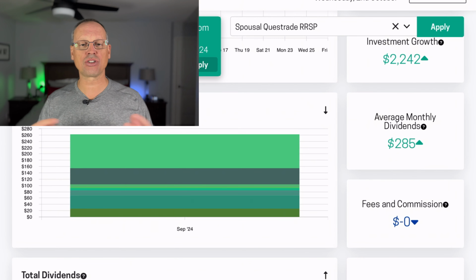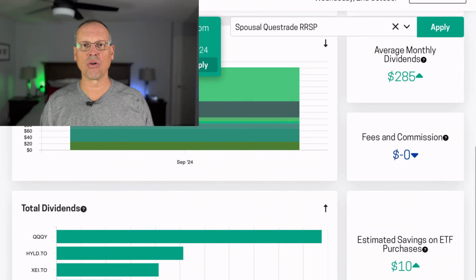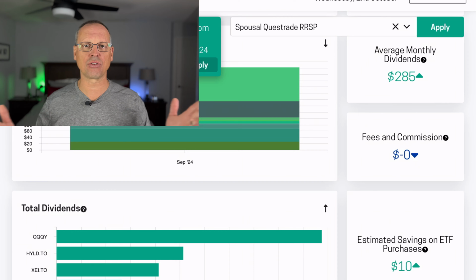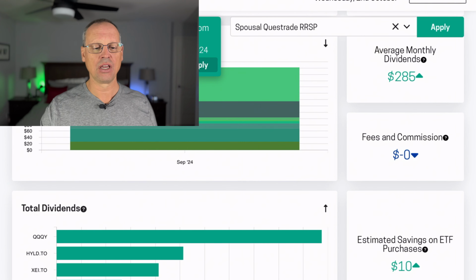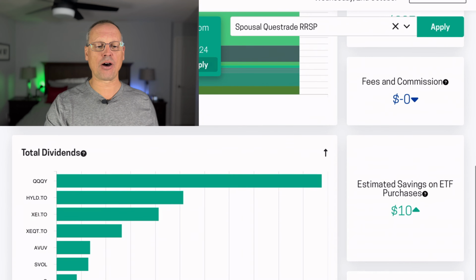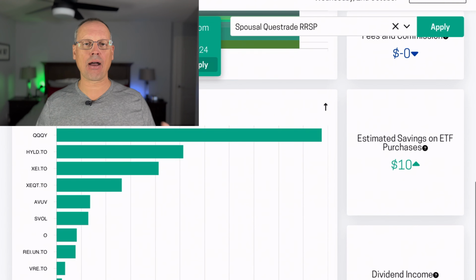Fees and commissions so far this month in September were $0. If you're investing in ETFs in Questrade, you don't get charged anything. So for now, that's generally all I'm investing in, unless I'm going to invest a large amount into a single stock position. Here we have another bar graph at the bottom showing you a bit more detail about each dividend,